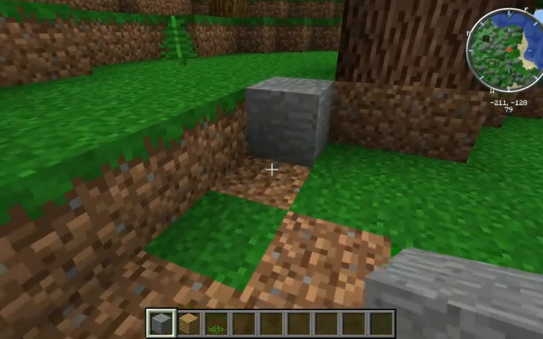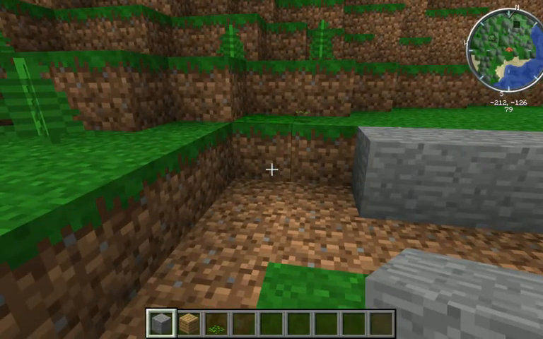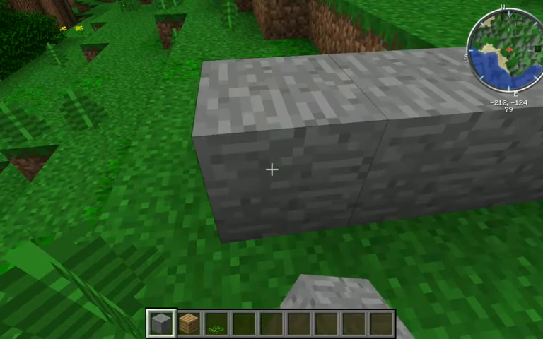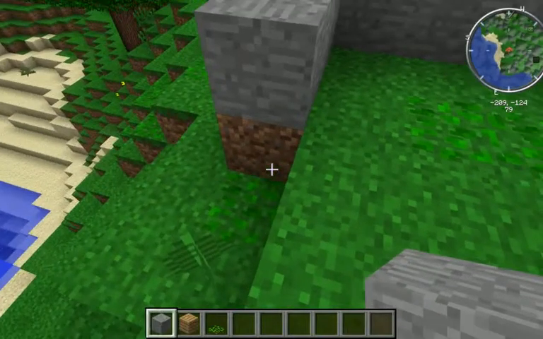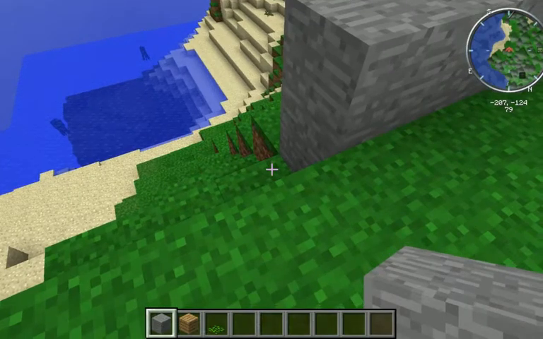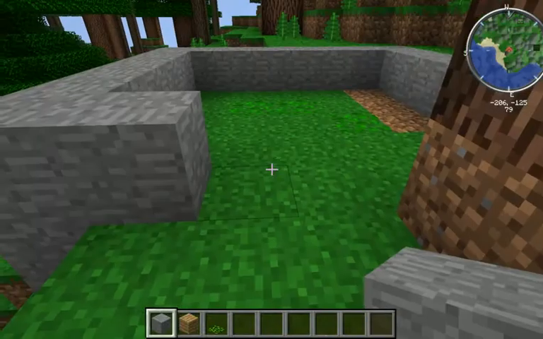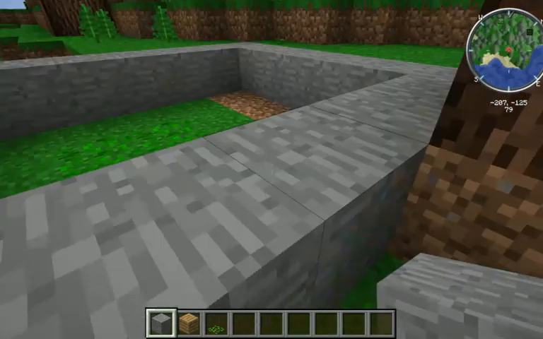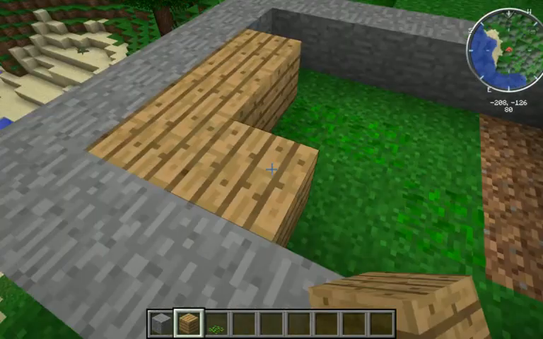Now this is FTB 147, so there may be a few updates that come out by the time you guys watch this. I may touch on those updates when the time comes, but currently, this is the most up to date version. I'm just going to build a quick little hut to survive the night in when nighttime comes. Don't need anything too fancy, but